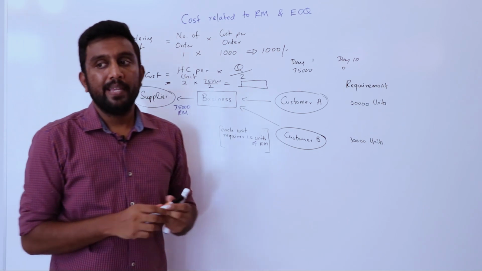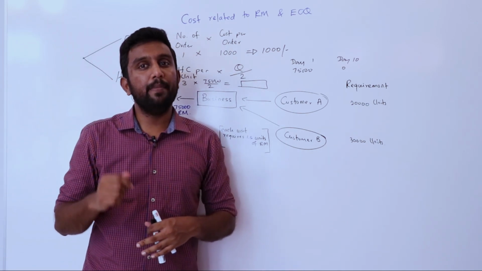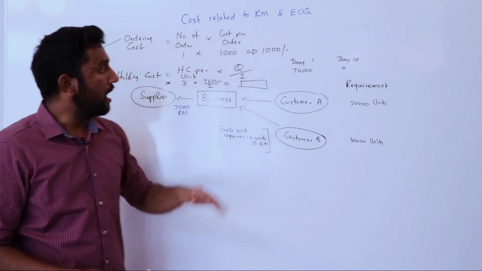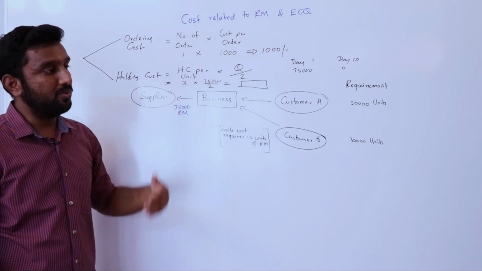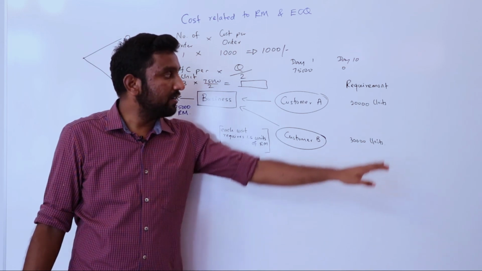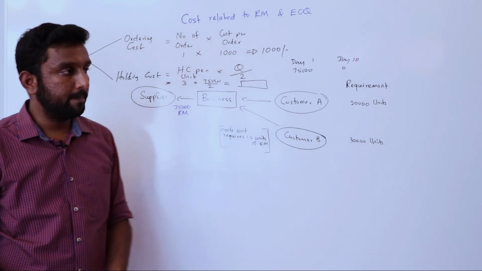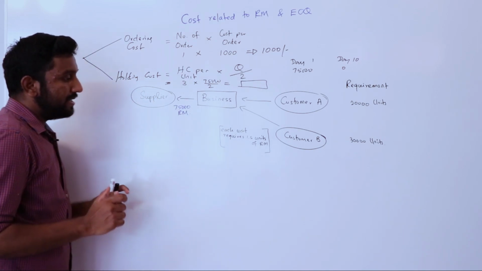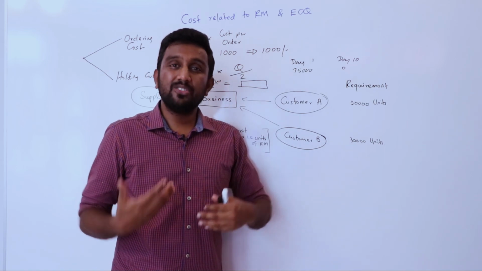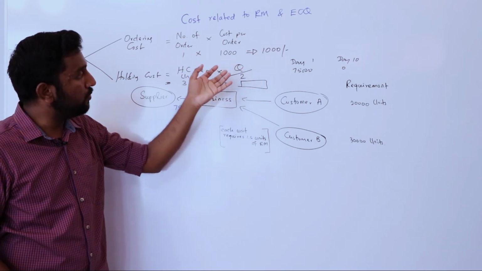Right? In this example, my ordering cost is less. Why? Because I made only one order. My holding cost is high because I'm going to hold the entire 75,000 units, maybe divided by 2 for the one year, until I finish the requirement from these customers. So after this, the business is planning to work around this and find a solution for these issues, because they are fine with the ordering cost, but they had the issue with the holding cost.